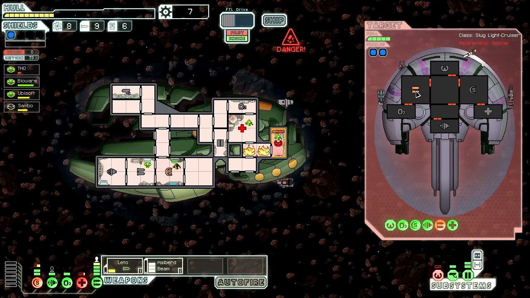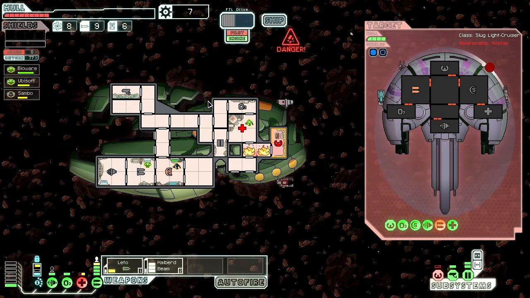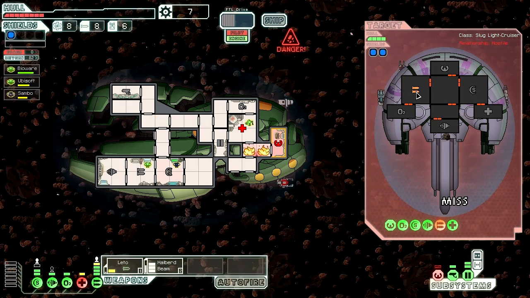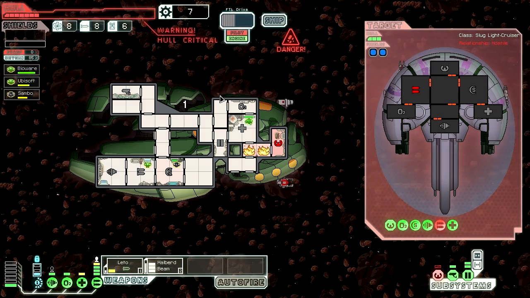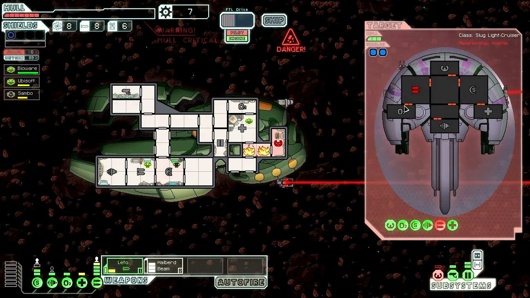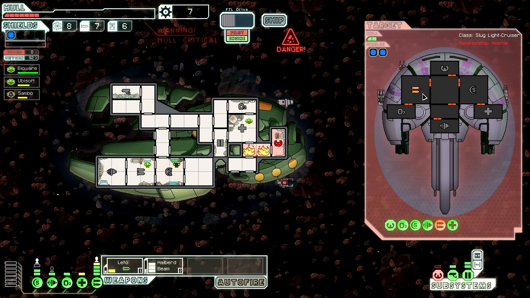Just don't miss. Don't miss. Don't. Okay, it didn't miss. Some of their weapons are offline. The asteroids are just tearing me apart because they keep ionizing my damn shields like a bunch of jerk bags. Okay, they're trying to get away now. I don't blame them. Tear him apart with his beam. It didn't do anything. Okay, the weapons...